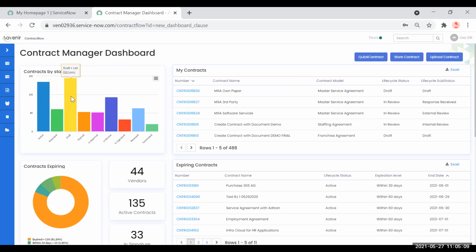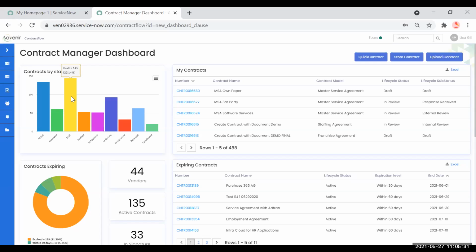So that indicates to me that there is a problem there, maybe a process bottleneck. That process bottleneck could be a staffing issue. Maybe there are not enough people to manage those contracts, or it could be something else. But typically when you used to do contracts manually earlier, before you had the system, you would not even realize